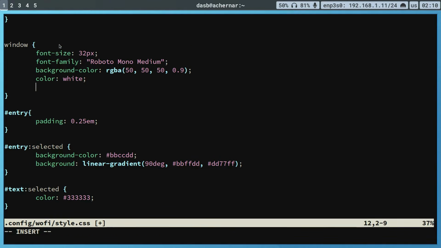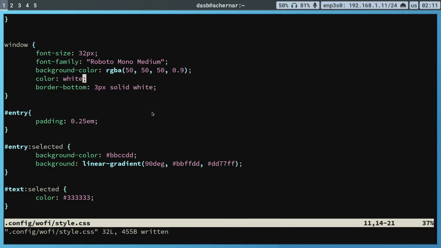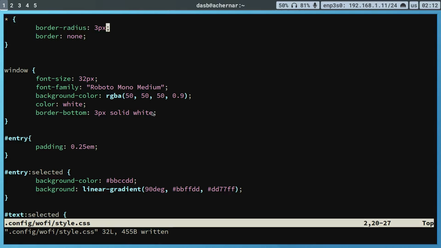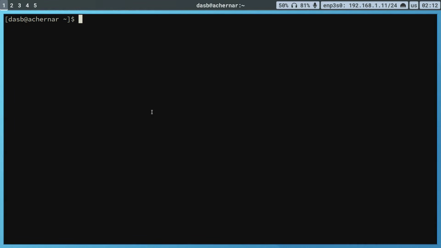I simply add a border-bottom of 3px solid white, and now we have that, which is similar to this, or at least the same style. Okay, so that's all the style configuration for now. But there's another important thing that you must know with regards to Wofi, and that is that there are 2